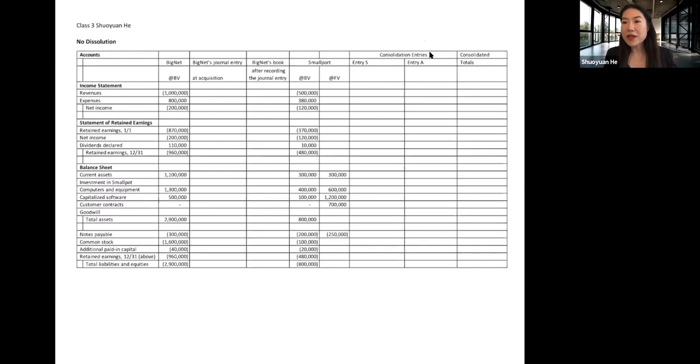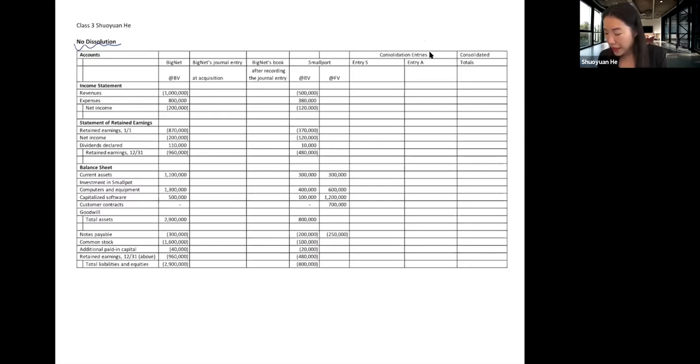So let's first look at what BigNet's journal entry is. As we mentioned earlier in today's class, when there's no dissolution, we only need to record everything into the investment account. We don't need to record Smallpot's assets and liabilities separately into BigNet's books. So the journal entry we make is